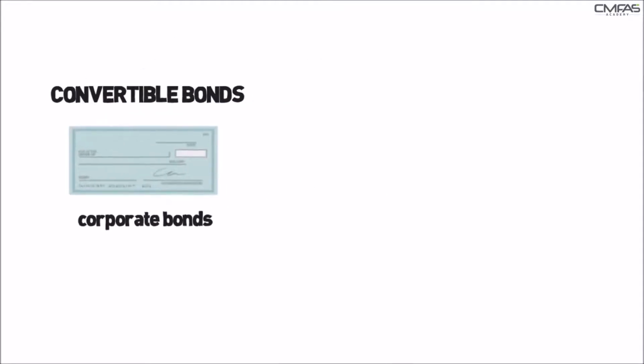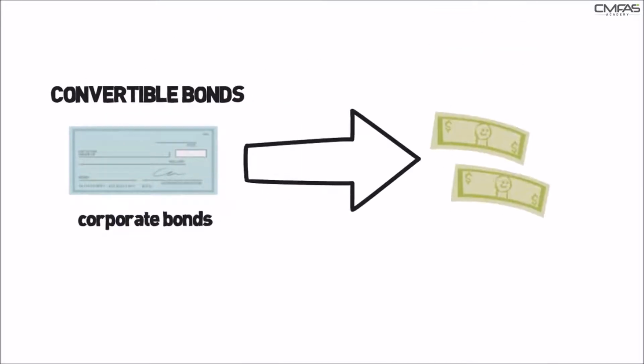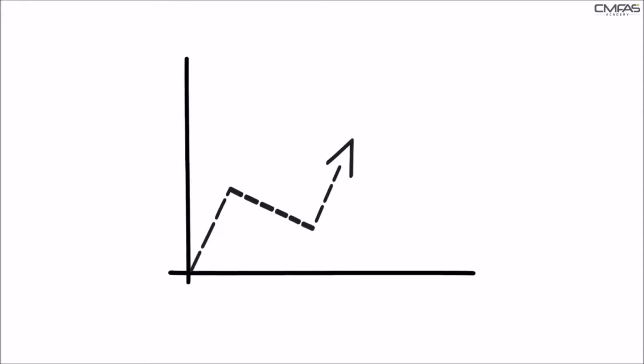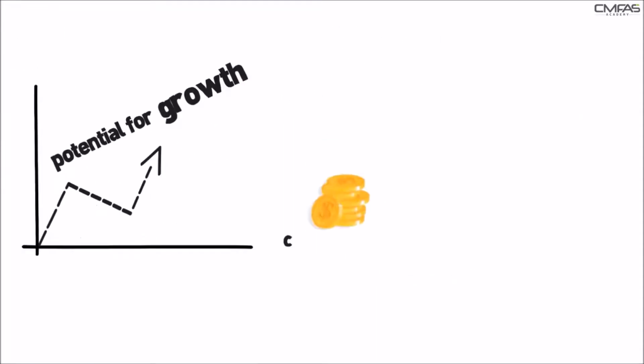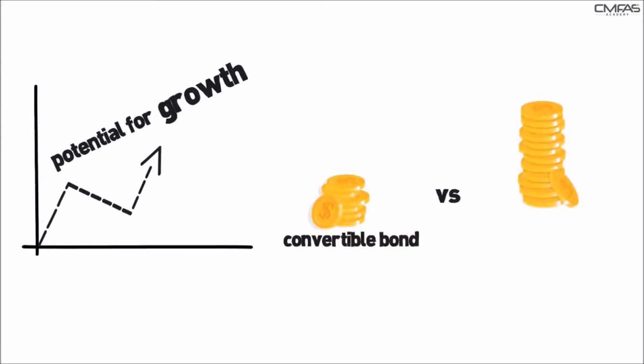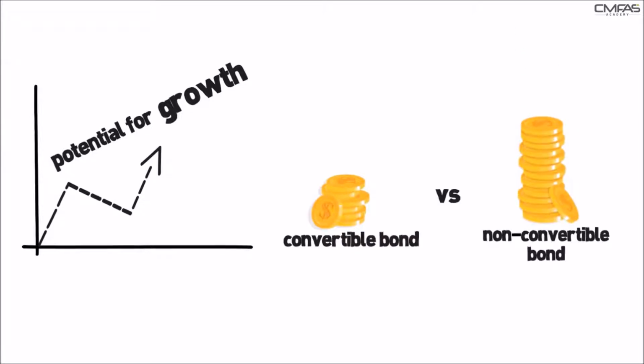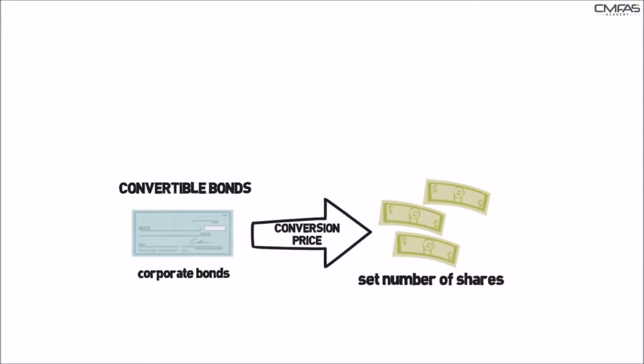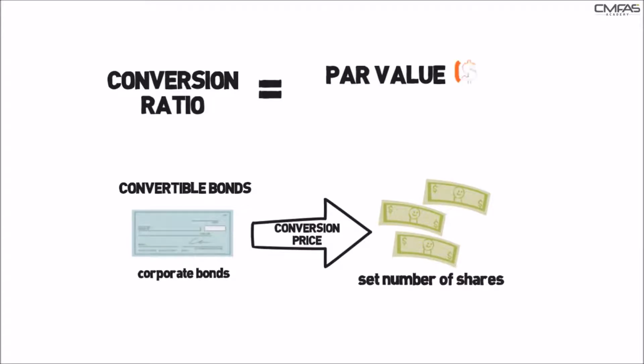Convertible bonds are corporate bonds which investors can convert to a set number of shares of the issuer's common shares. As a result of its potential for growth, the coupon tends to be relatively lower than that offered for a similar non-convertible bond. The share price at which a convertible bond can be exchanged for shares is called the conversion price. The conversion ratio can be found by dividing the par value of the bond, typically $1,000, by the conversion